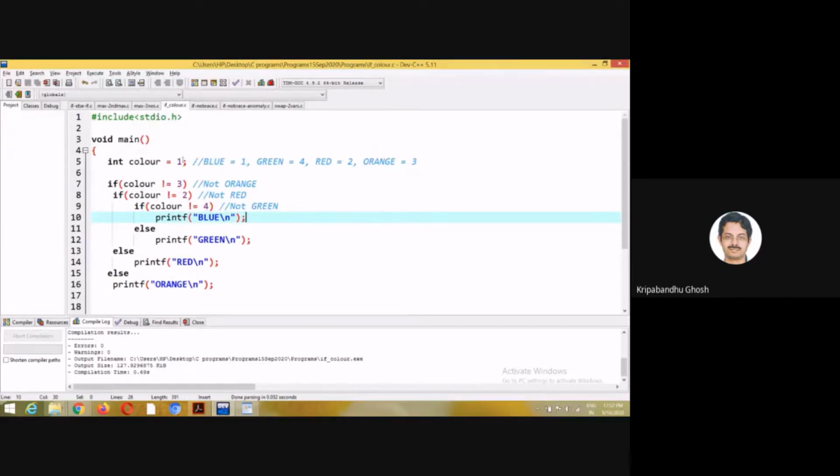So let's set it to 4 now. What will happen? As I was telling you, if you are not comfortable using this if else construct without braces, please don't do that. Please try to use braces if you are not aware of the implications of not using them. All right.